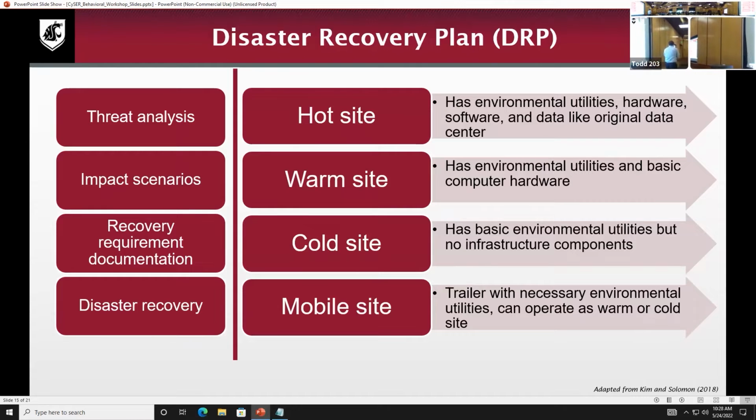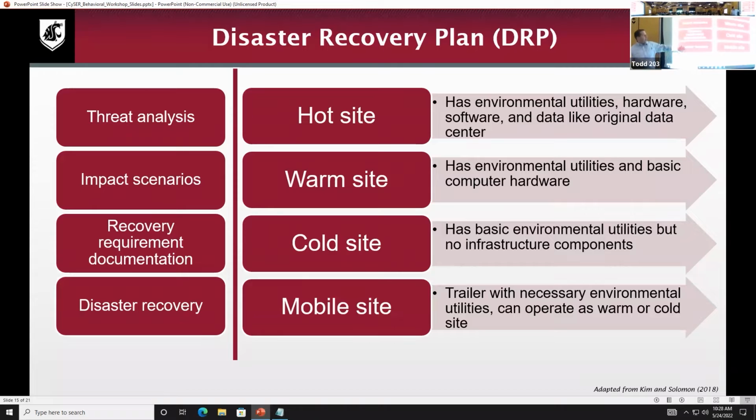If I say we are only going to store our recovery documents on the cloud, is that a good idea? No. Why not a good idea? Because it could be inaccessible. Depending on the impact, you may not be able to access your documentation because it was on the cloud. So you're going to have this binder that's really thick that someone printed, and probably nobody ever looks at because everybody goes to the cloud to look at the document. It's searchable, it's easy to find. But having that printed is important because disaster may actually make internet inaccessible.